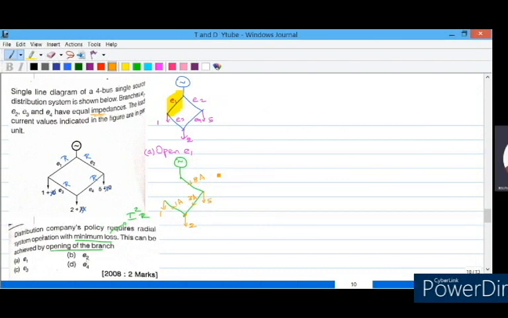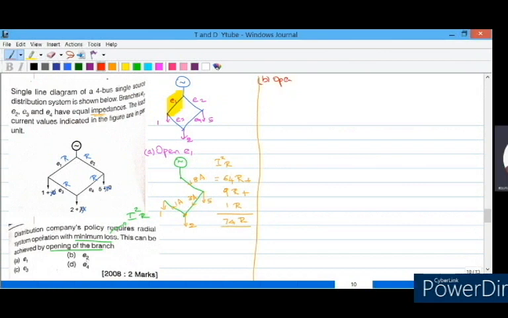And now let's find the power loss. So it is I square R. We have to add all the power losses in different branches. So here it is 64 R, as it is 8, I square, 8 square is 64 R. And then add 9 R, as 3 square is 9 R. And then here it is 1 R. So when I add everything, it is 74 R. Now let's open the next branch.